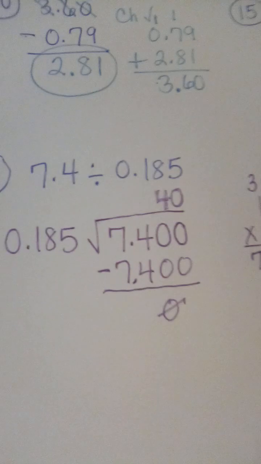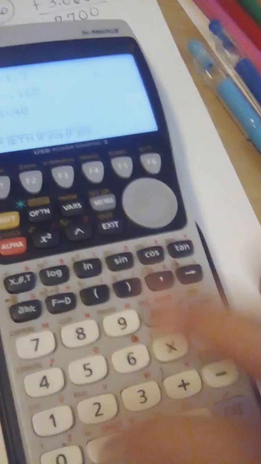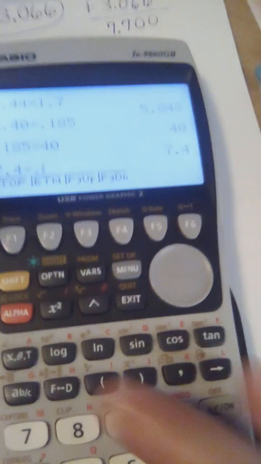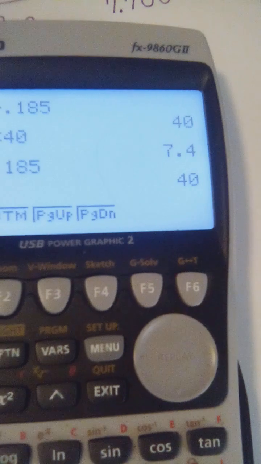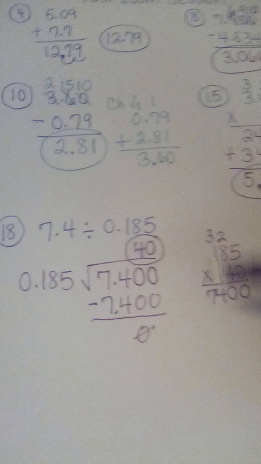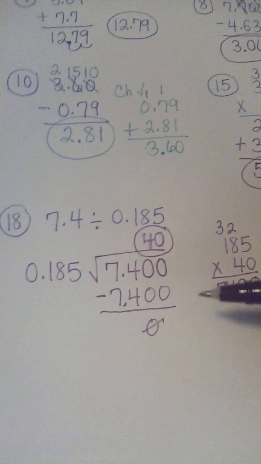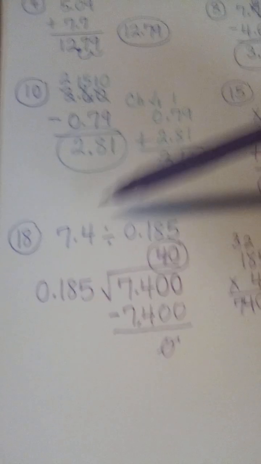Let's check in the calculator, okay? Let's check in the calculator. Does it match? Yes. So that's a match. So that's our final answer, 40. All right. So when you determine which goes inside the box and which one goes outside the box, the left